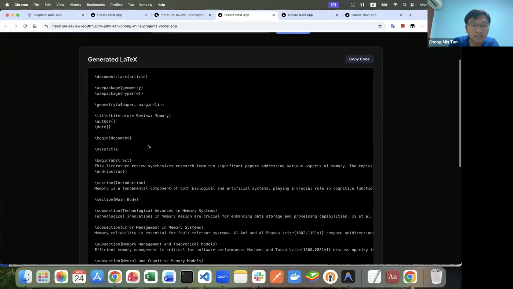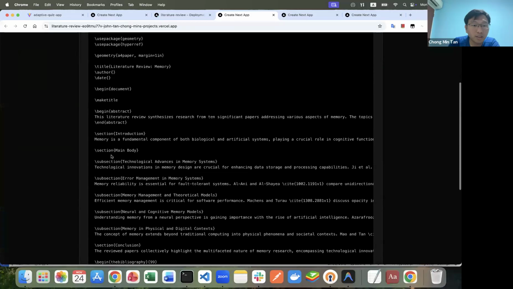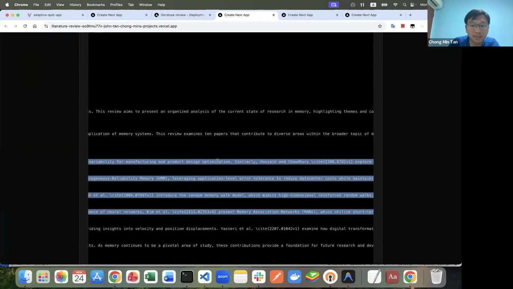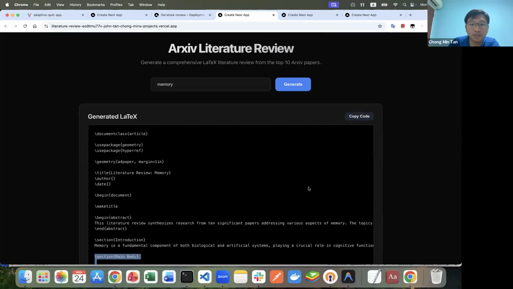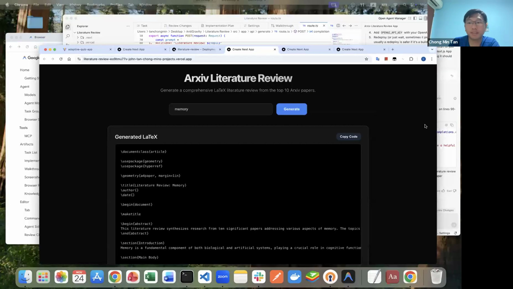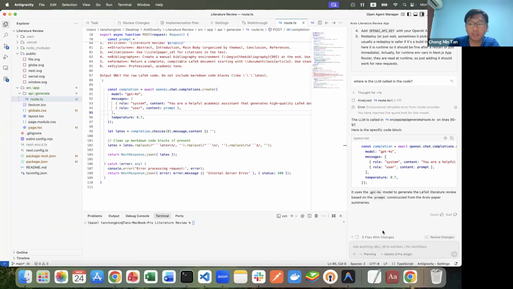And this is the LaTeX. Okay, so it's not very comprehensive, to be honest. This is quite plain, so I'd like to configure it a bit. I just wonder whether we have enough quota for this. But right, you can run 50 prompts with this. So let's see. Okay, first use GPT 5.1